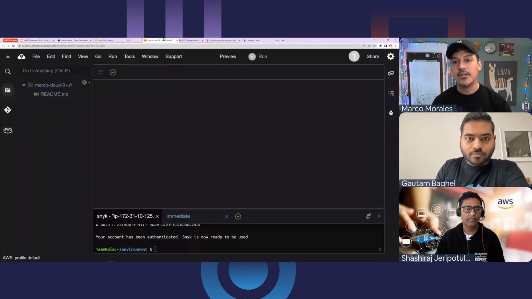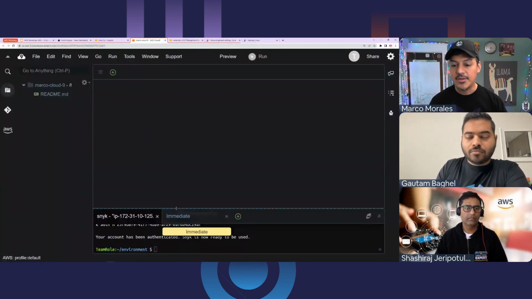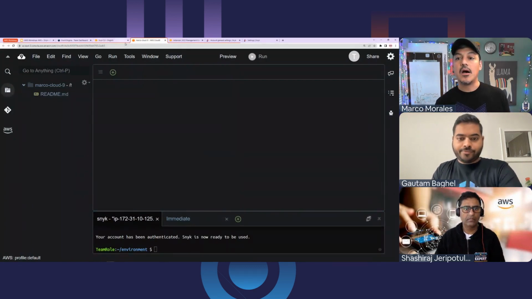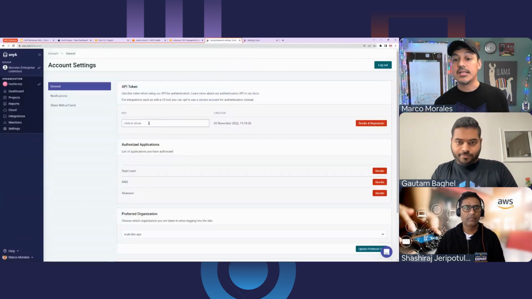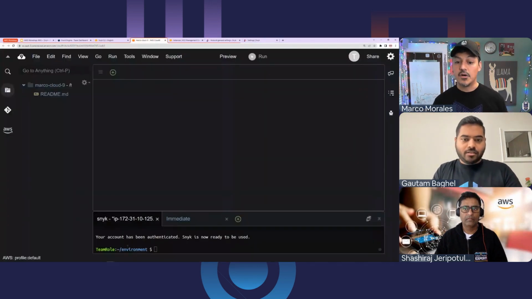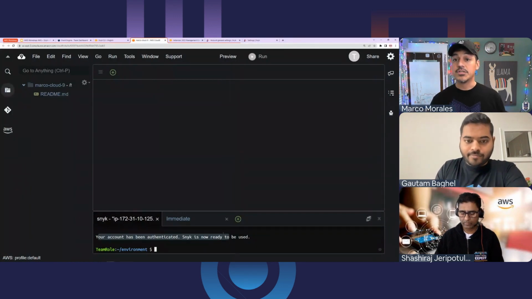So again, the idea here is I didn't want to show you what my token is, but the result is that when you click onto your account settings and click this API token to get your token, and type in the word Snyk space auth space and then this token, you're going to get a result where your account has been authenticated and now you're ready to use Snyk.